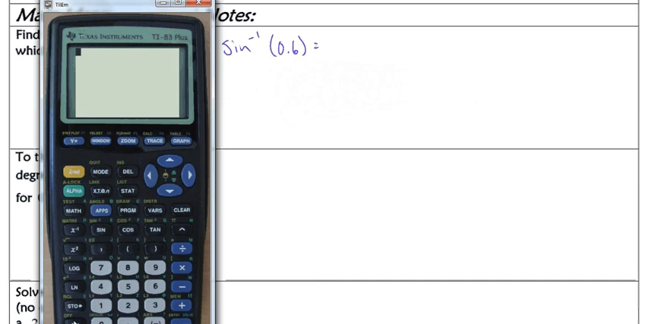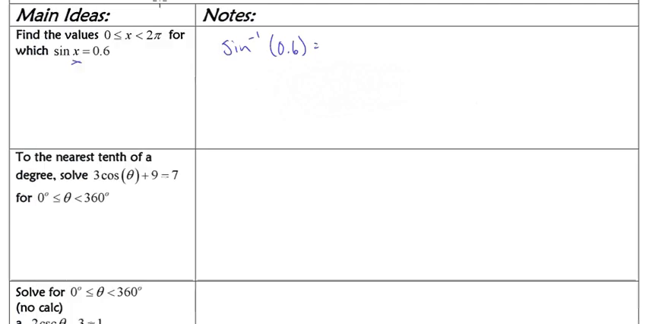So sine inverse of 0.6 gives us right around 0.64. So 0.64. Okay, and that seems to make sense. But we need to recall that if we're using